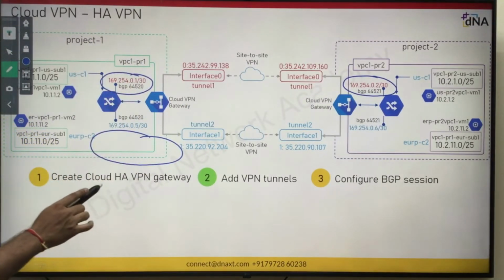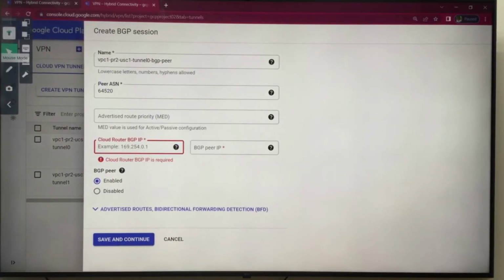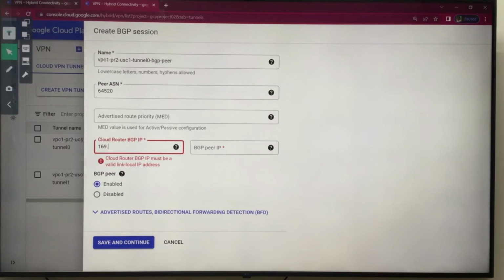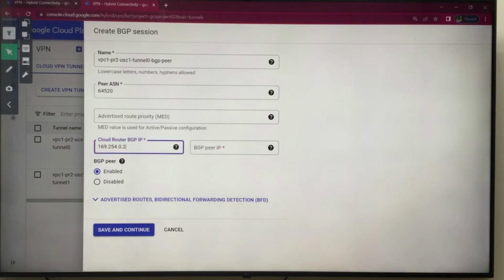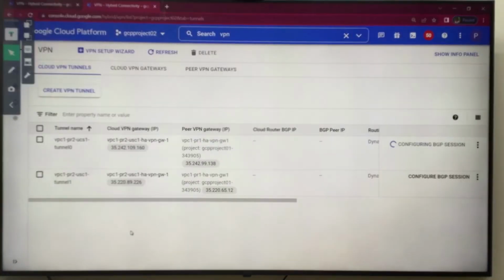Be careful, guys, be careful, right? So I am in project 2: 169.254.0.2, no need to define the subnet mask. Then BGP peer 169.254.0.1. Perfect. Save and continue.